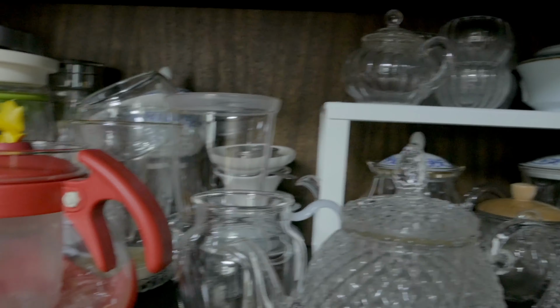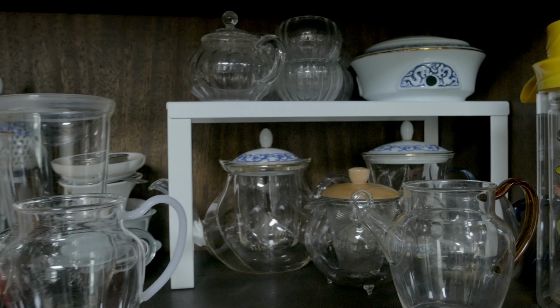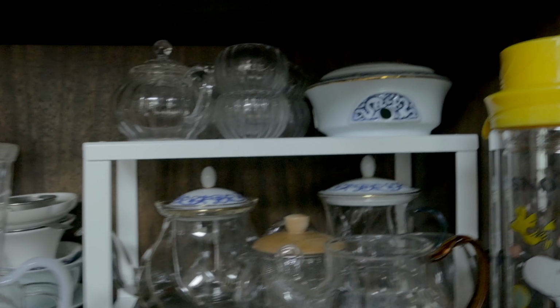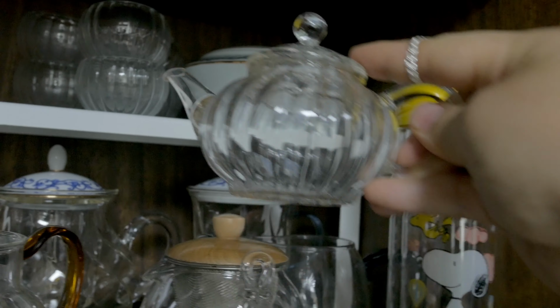My favorite glass teapot is right behind. That's from the Teaware called Ilong. And there's a glass cup as well, the same, and the warmer up here, and the small size glass teapot, which is very useful in many cases. And there are small glass teacups too,